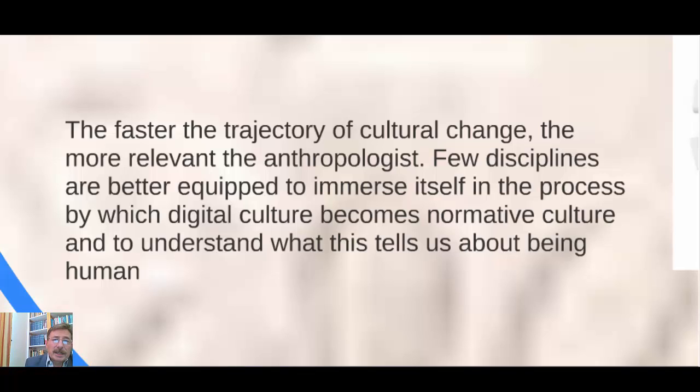All of the gadgets that we use in our everyday life, as sophisticated as they are, we take them and we normalize them. We convert them into our everyday life. And we've been doing this since Paleolithic times, and that's who we are. That's our nature. So that process is what we're interested in when we do digital anthropology.